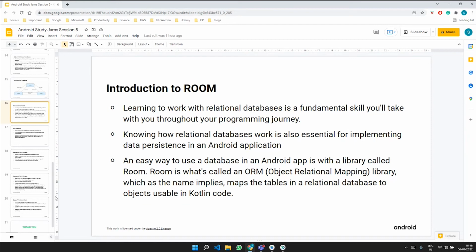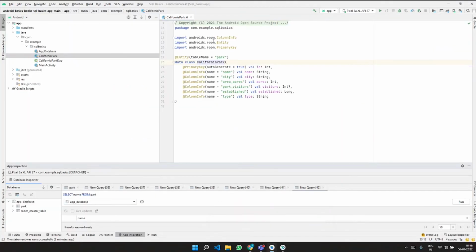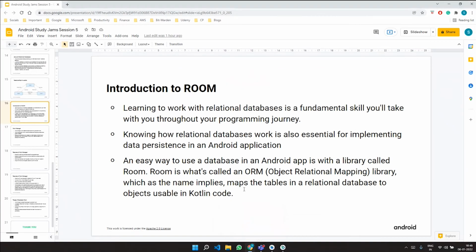And moving to the third point, what is being said here is that an easy way to use a database in an Android app is with a library called Room. In our Android app, when we took up the example of that first Android application we were building, we were importing androidx.room.ColumnInfo, androidx.room.Entity and androidx.room.PrimaryKey. So this is what he's also mentioning here. That's what we've been doing in this hands-on session until now. We have been working with a database and querying results from the database, which we thought would